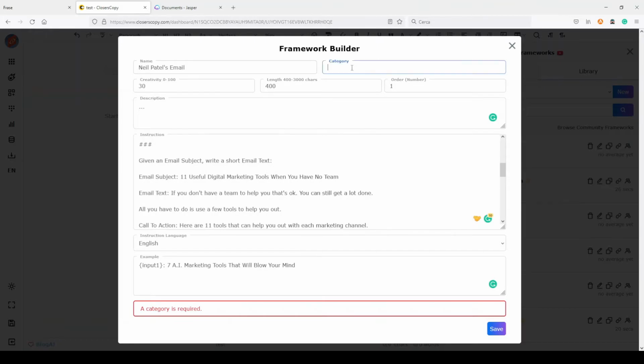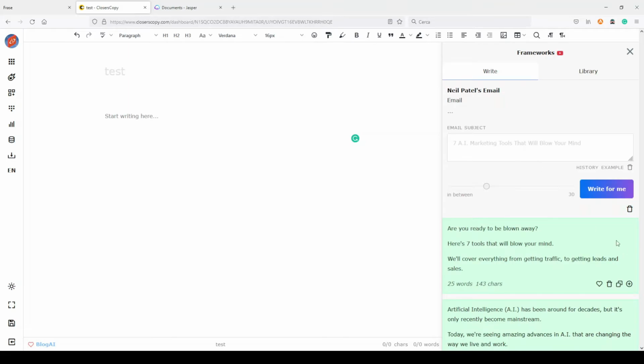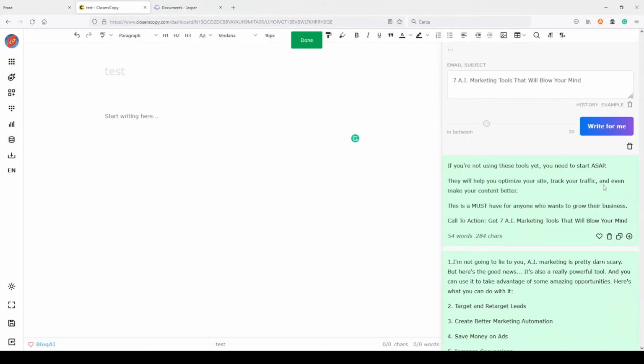I need to place a category, email, okay. Save. Now, let's try it. Here it is, Neil Patel's email. I open it up. Let me delete this. The creativity is set to 30. I can click on example, so I can use the example I chose, and click on write for me. Let's wait some seconds until we have the ClosersCopy output, or I think more than one, and let's see how